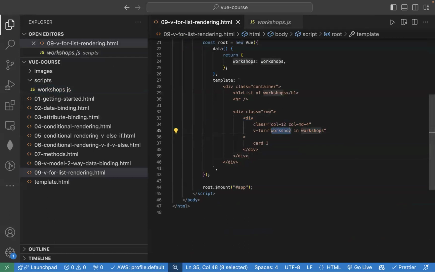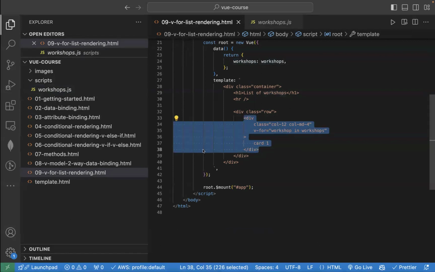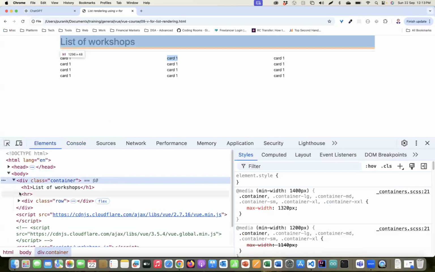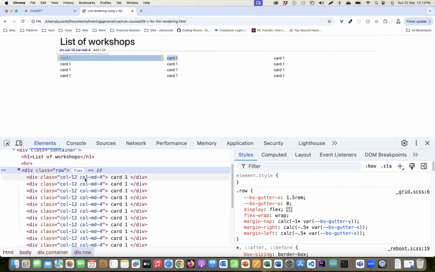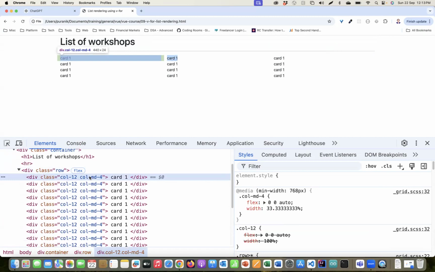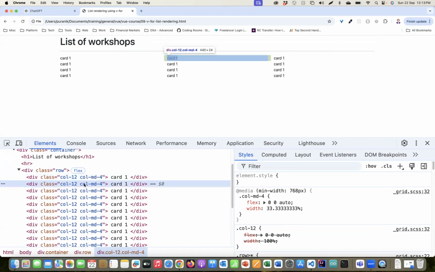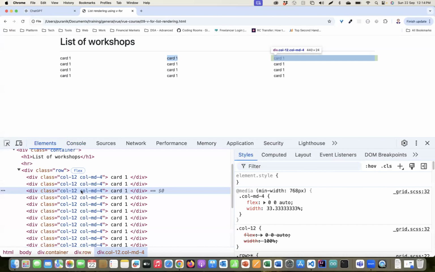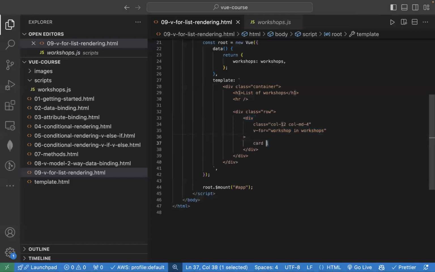This variable here, workshop in workshops, this is from the data. So this variable here will take a different item in every iteration. So basically v_for creates different divs. You can check, that's what has happened. You can see here there are different divs. With this div, the first item is associated. That's what the workshop variable in that iteration will have. When it iterates and creates another div, the workshop variable will stand for the second item in the array. When it creates another div, this third div will have the workshop set to the third item in the array. So if you say workshop.name here instead of card, is bound,